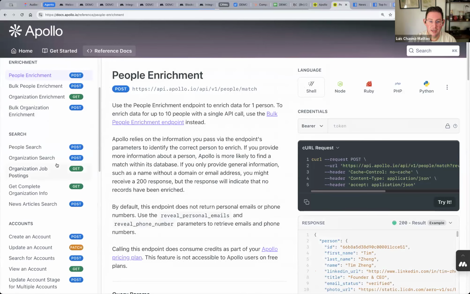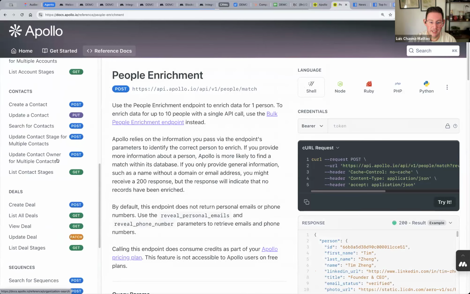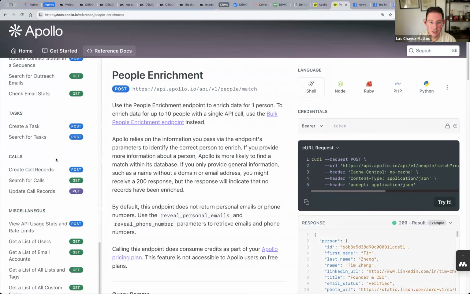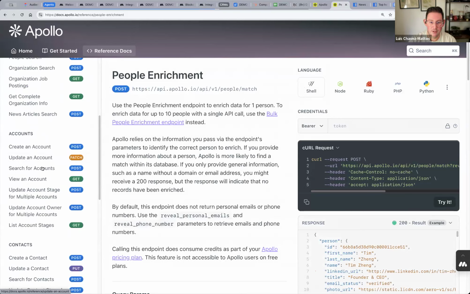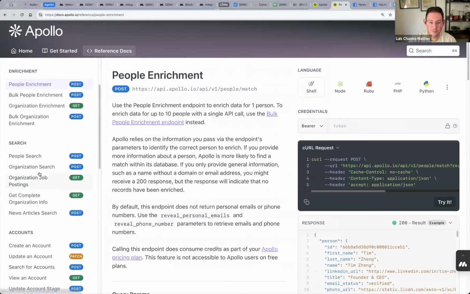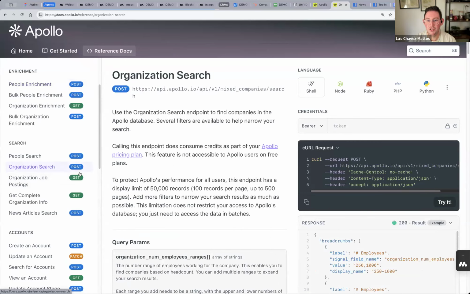So let's look, let's see if we can find that same organization search. Here we go, organization search. And we would copy this and it'll actually show you a couple of other things that you'll want to, like it gives you this kind of sample request here, right? So you have the URL and you can get a bunch of information from this little example here on the